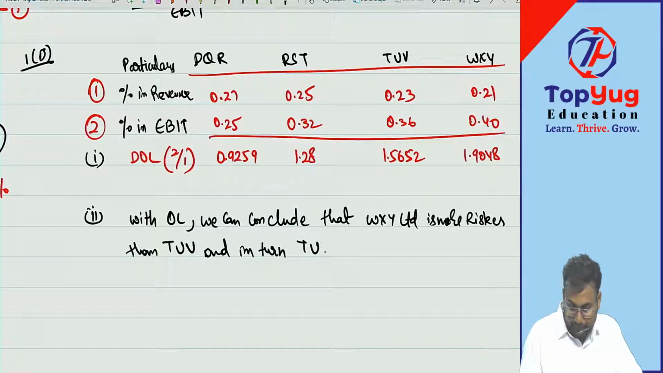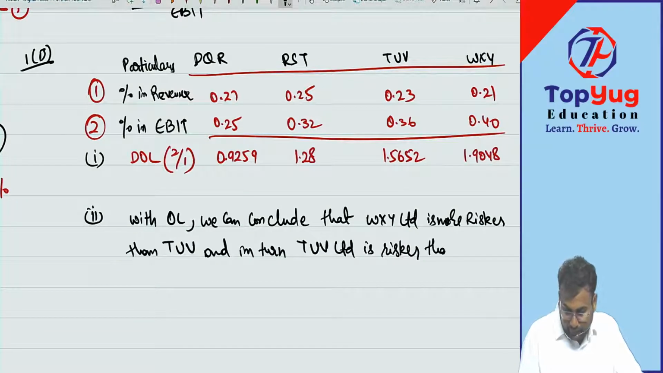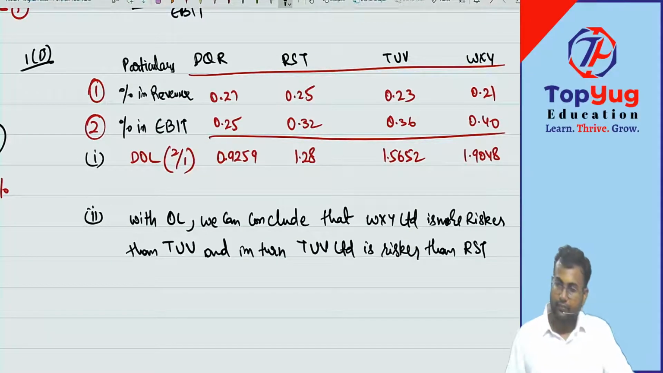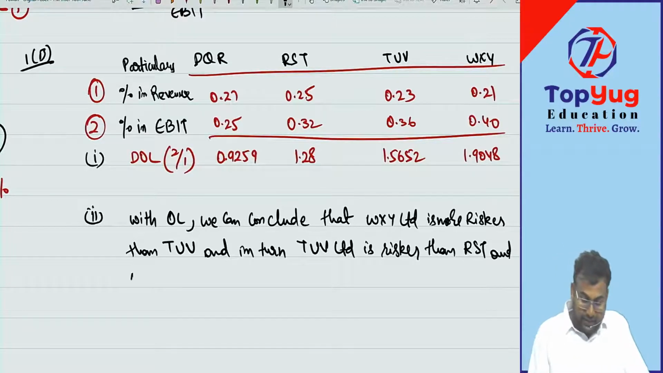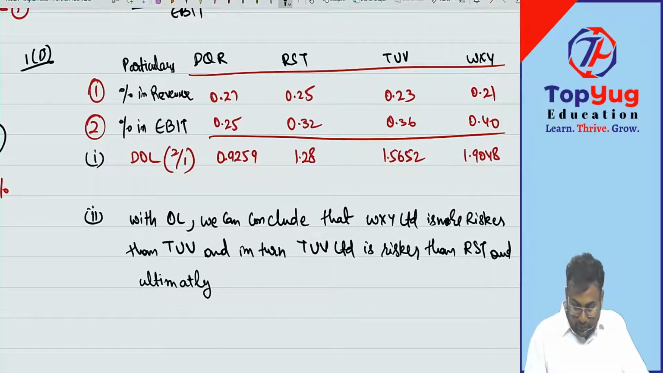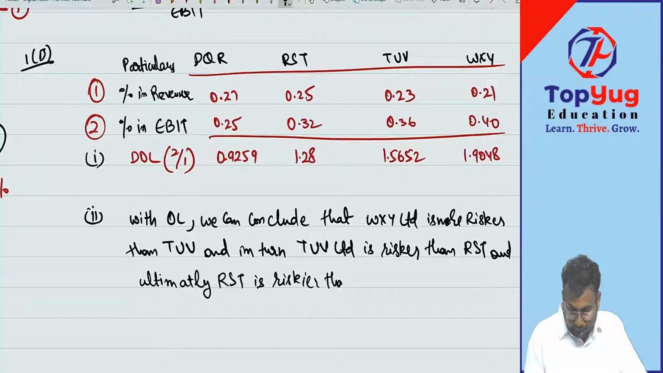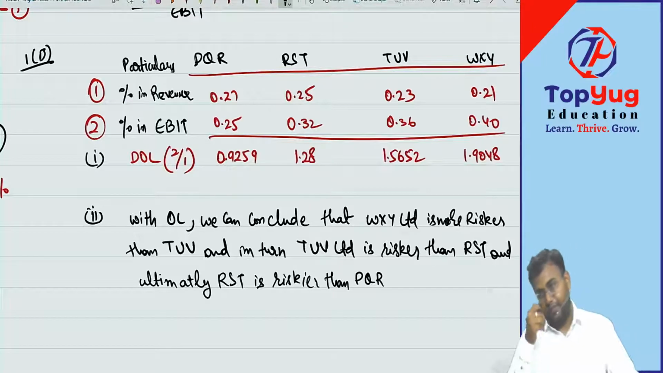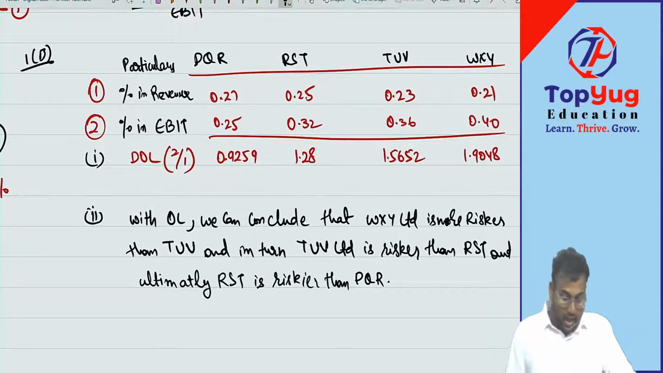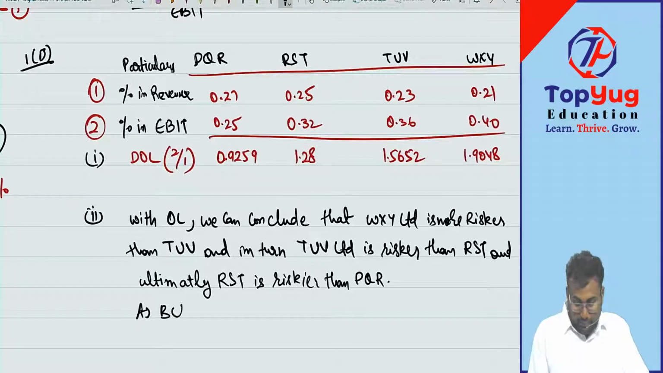TUV Limited is riskier than RST, and ultimately RST is riskier than PQR. Yes, as beta